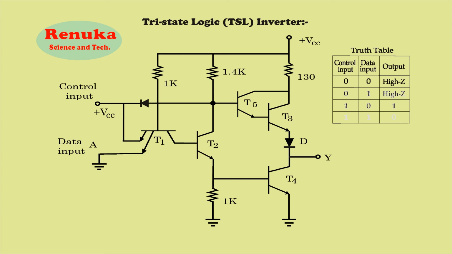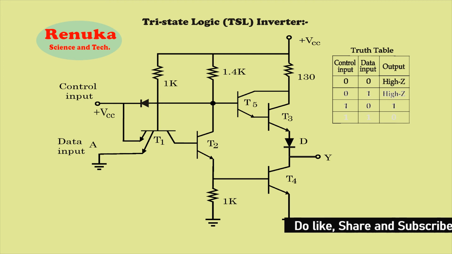Now let us see what about T4. As transistor T2 is off, there will be no voltage at the emitter. So no voltage at the base of transistor T4. So transistor T4 will be off. So at the output, from the totem pole output, T3 is right now on and T4 is off. So T3 is on, we will get obviously the high voltage at the output. So if you consider the input and output relation, the input was connected to low voltage and we are getting high at the output. So it will behave like a NOT gate.